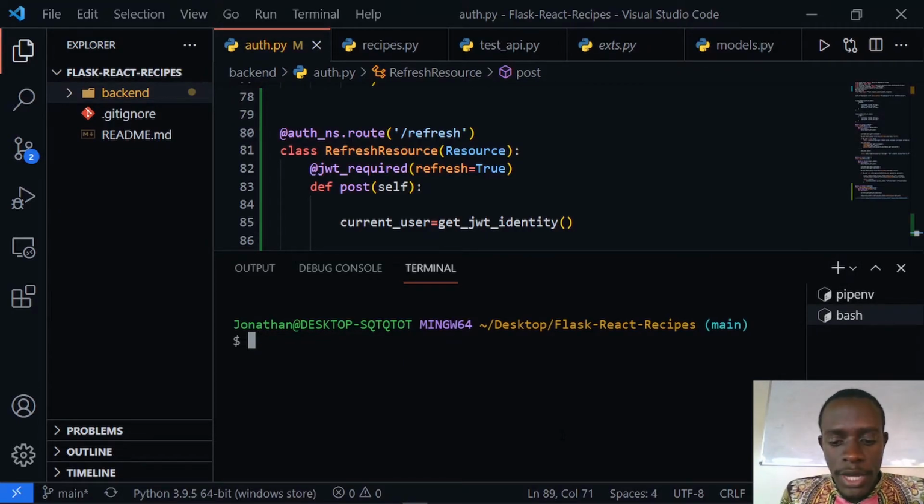So I'm going to go ahead and say npx create. So this is going to be create React app. Make sure you have this. So npx is going to run this program called create React app, and then it's going to create for us a React app that's called client. It's going to create it within our folder, so make sure you are at the root of our project. I'm within the Flask recipes directory. So when I create this,